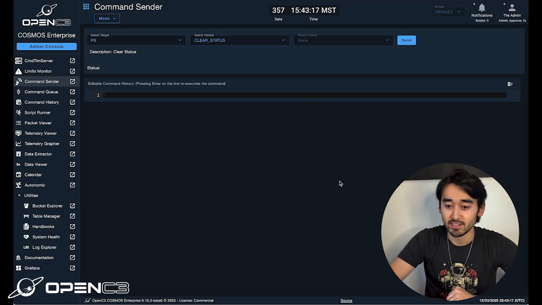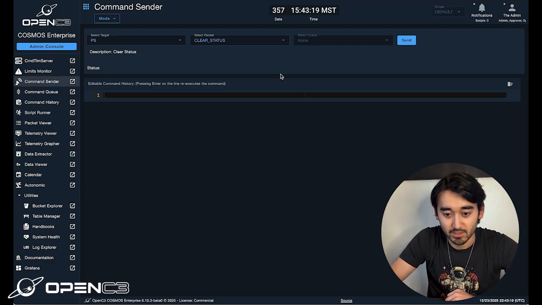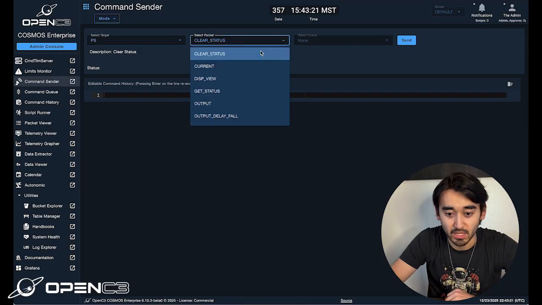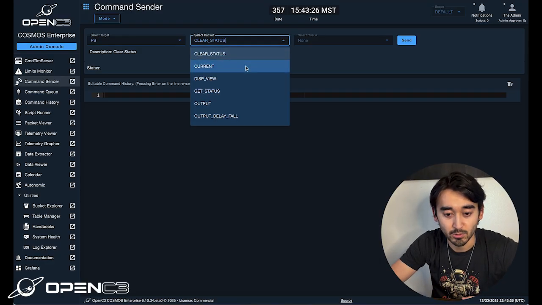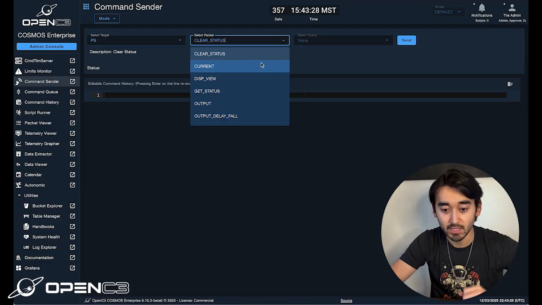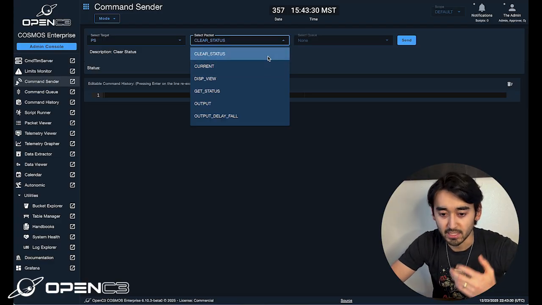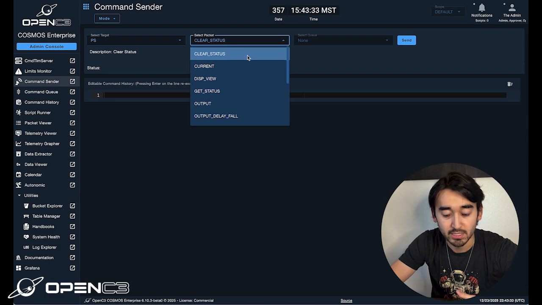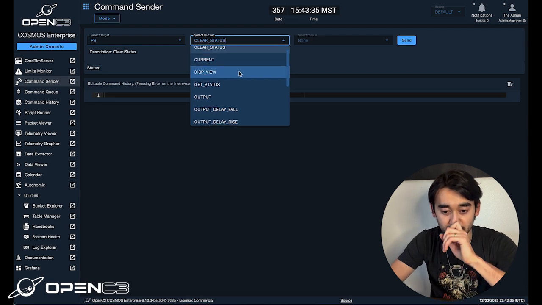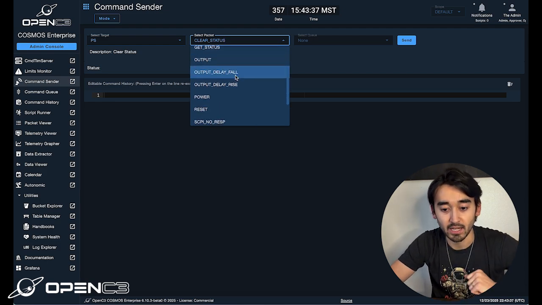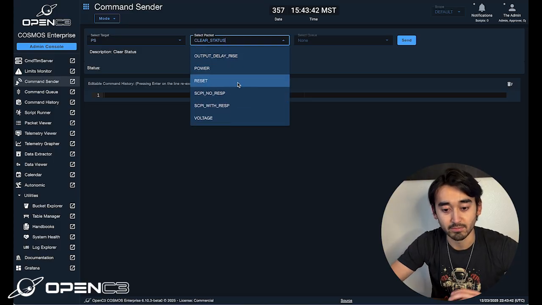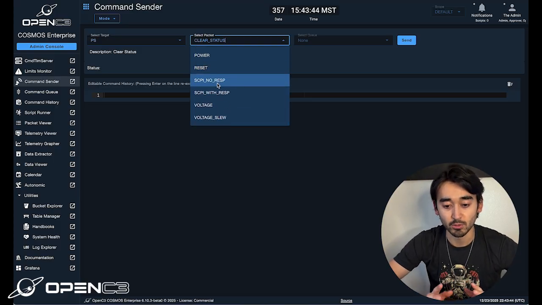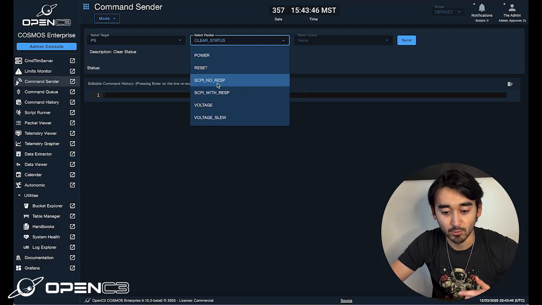So let's get started. First, I'm going to take a look at the list of packets that we have in Command Center. This is probably the easiest way just to get a glimpse at what commands are available to us that are defined in our plugin. We have information like clear status, the current, display view, get status, the output delay, fall and rises, power setting, reset, and then direct SCPI commands with no responses or with responses, voltage controls, and